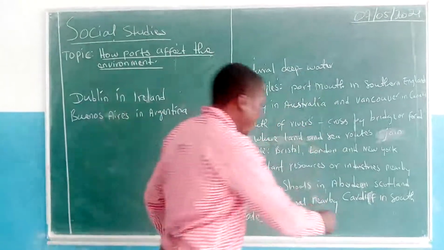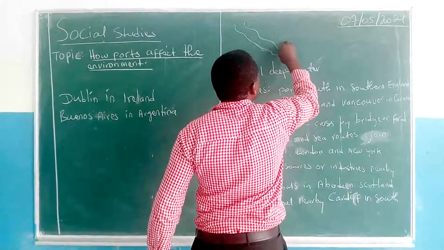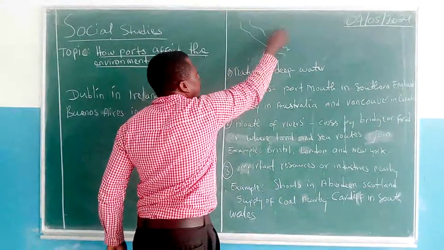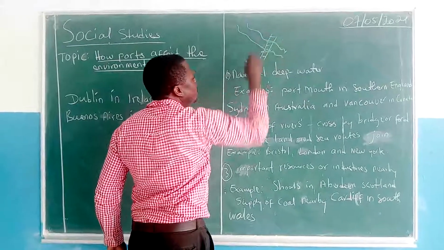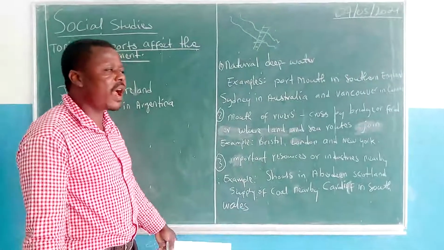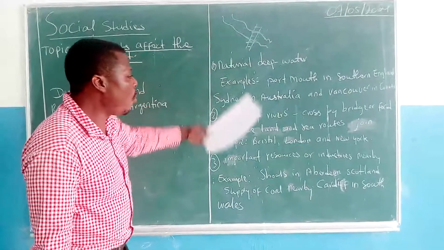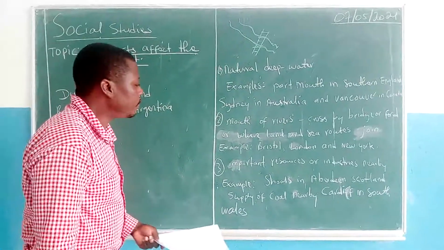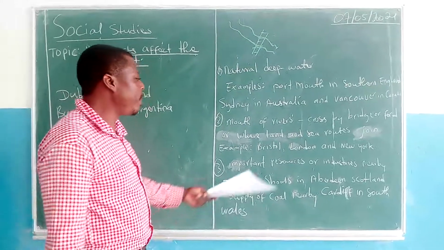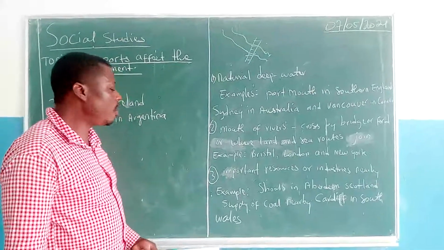As the river is trying to enter the ocean or the sea, in such a place, it is easy for people to cross using a bridge. People can cross where a bridge is built or a fort is built. So most settlements grow up around this area where people can easily cross the mouth of the river. Examples of such towns and cities are Bristol, London, and New York.